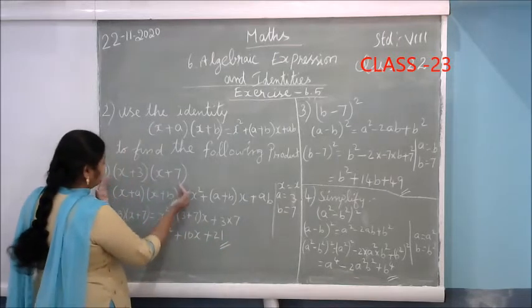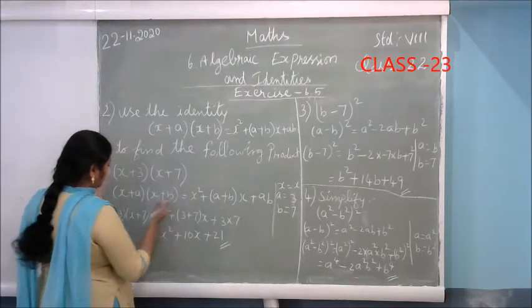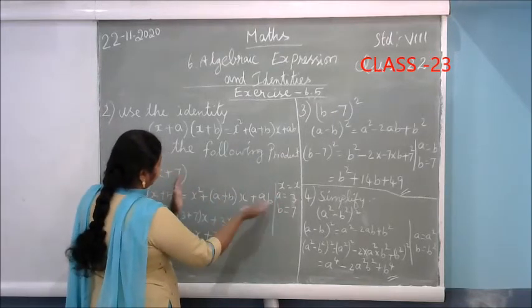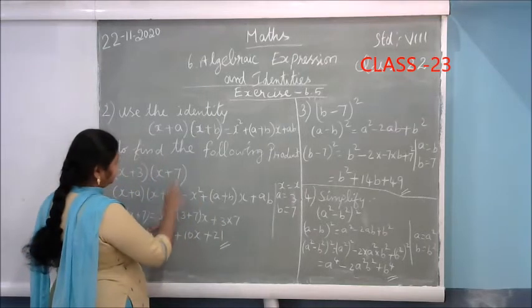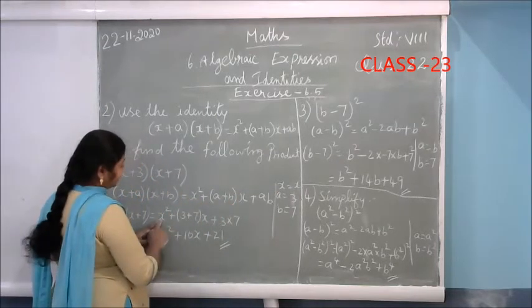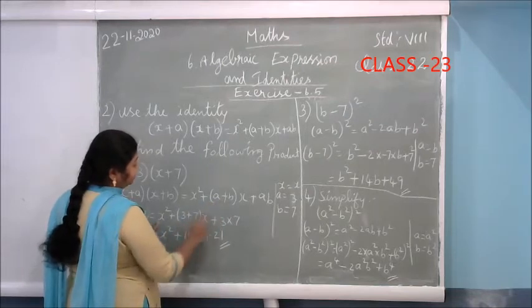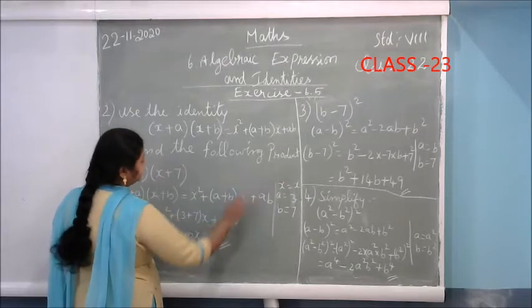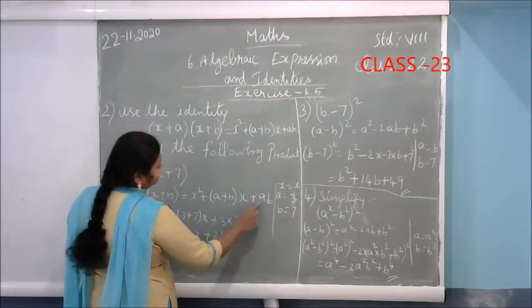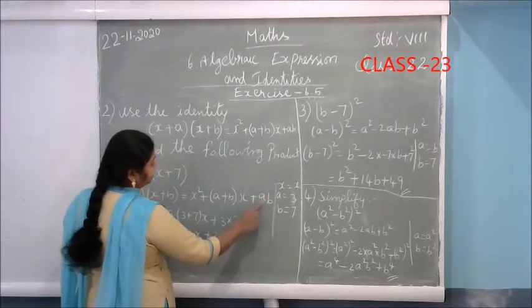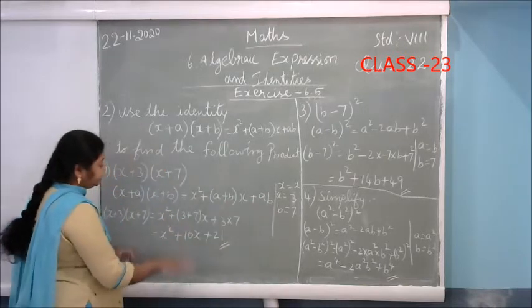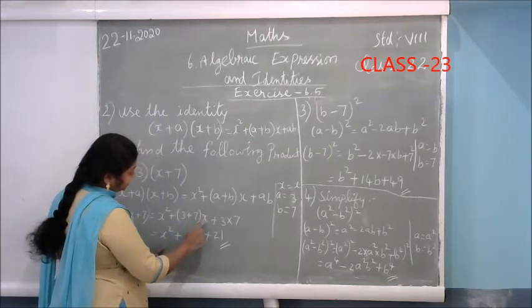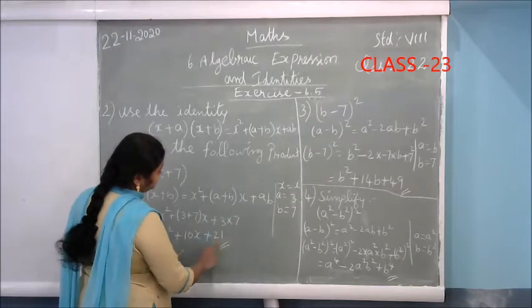Now, the left hand side form they have already given. You have to simplify this using the right hand side formula. So instead of x squared you write x squared, because x is x only. Plus, instead of a I put 3, instead of b I put 7. X came here, plus 3 into 7. If you simplify this, x squared will come, and 3 plus 7 is 10, so 10 into x is 10x, plus 3 into 7 is 21.